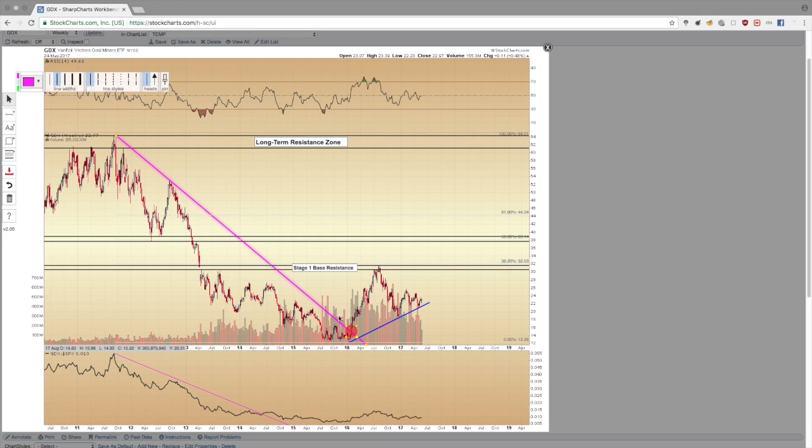Does that mean to put all of your money into this one theme, this one idea? No, of course not. Absolutely not. You could do that, but I'm not telling you to do that. It depends on how much you believe in the sector, and how much you believe in the fundamentals and the technicals.